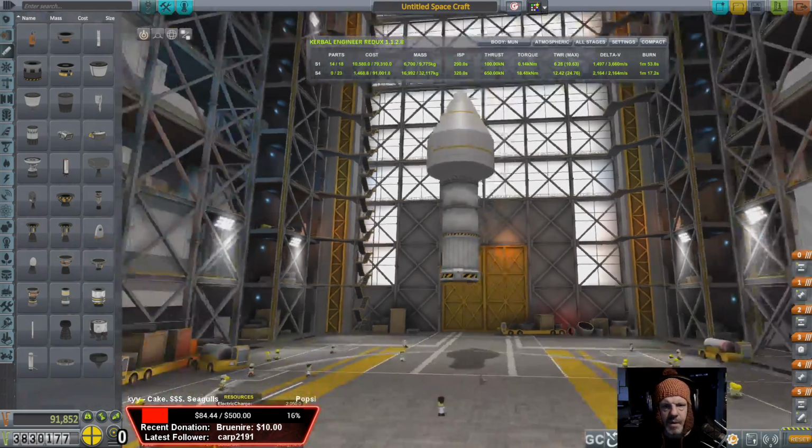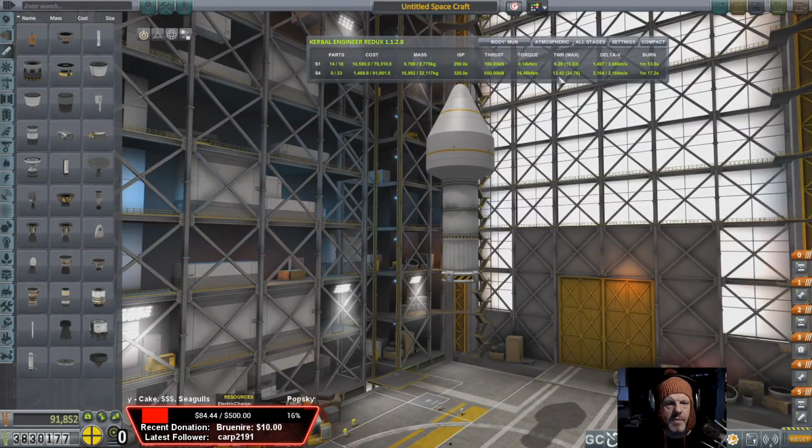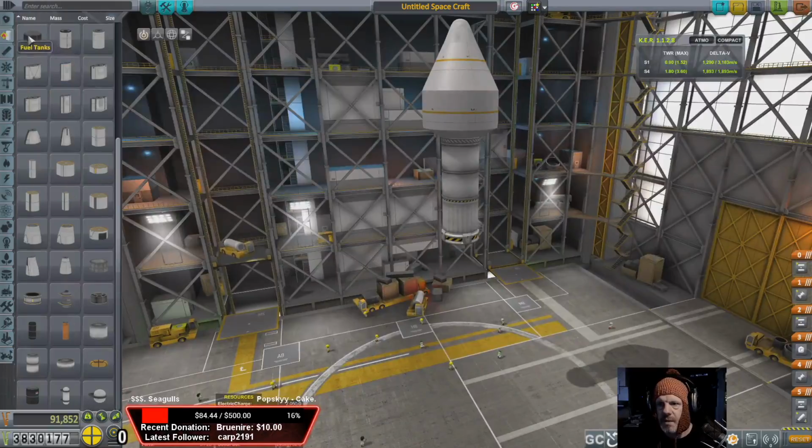Alright, cool. So now we're going from orbit of Kerbin to the Mun with this stage. Oh, wait. Delta V is going to change. Yeah, that's fine. It'll still work. Alright, so now we'll say atmospheric. And let's see what we can get away with here. If we do 1 orange tank